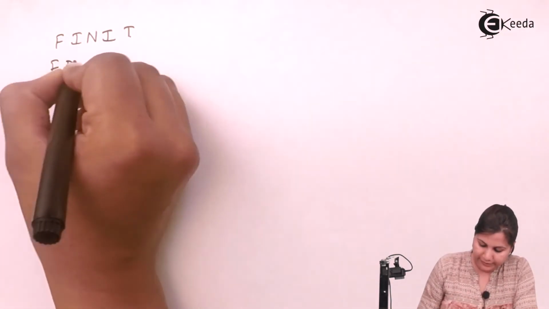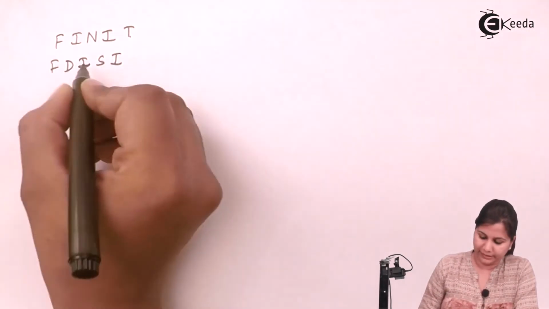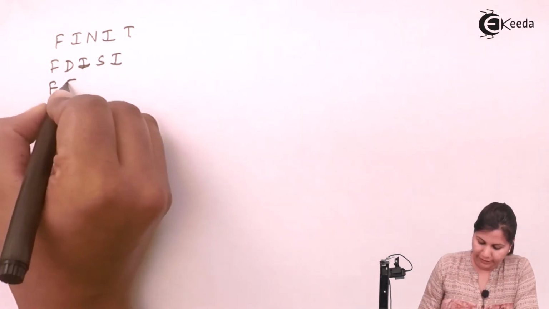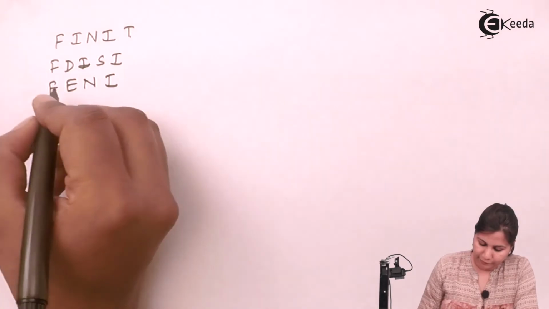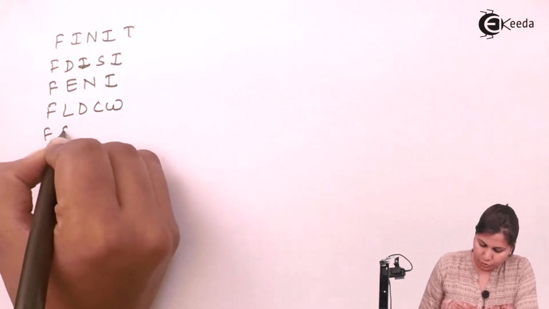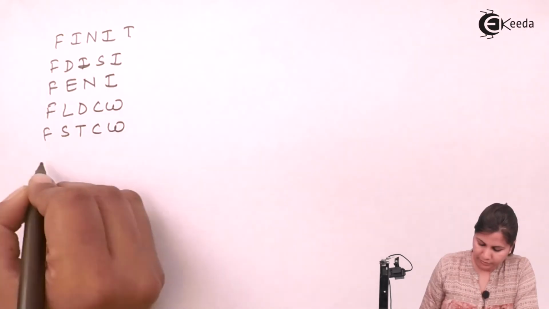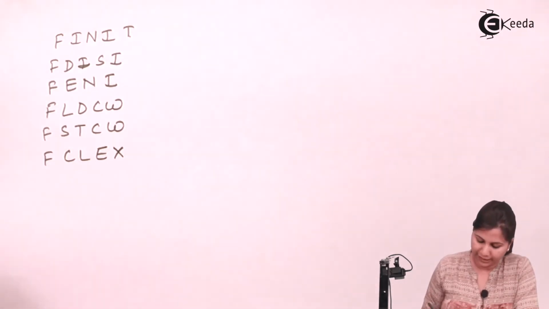Then for the disabling of the interrupt pin, FDISI. Then for enabling, FENI. Then for the loading of the control word, storing of the control word. Then clearing of the exception flags,